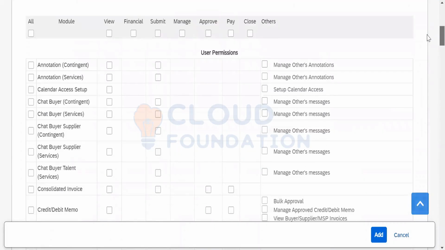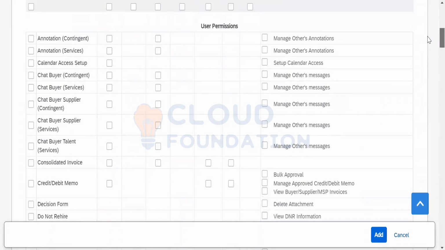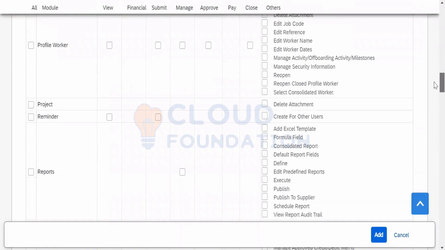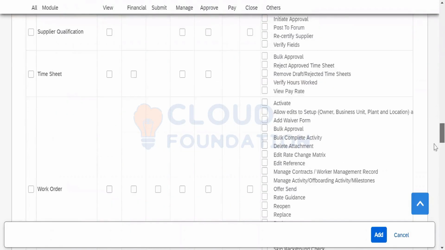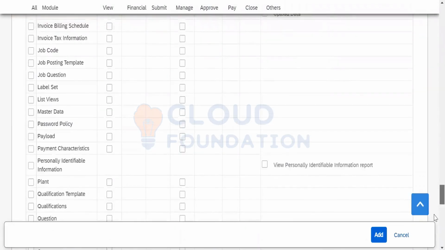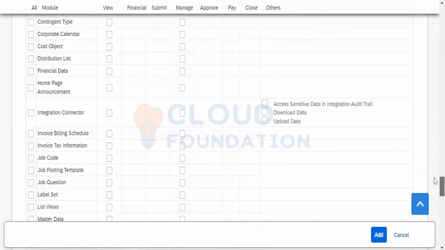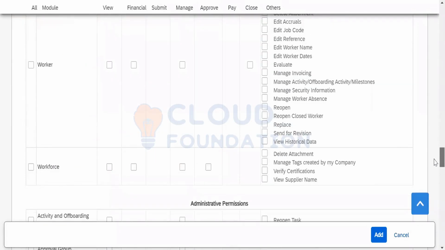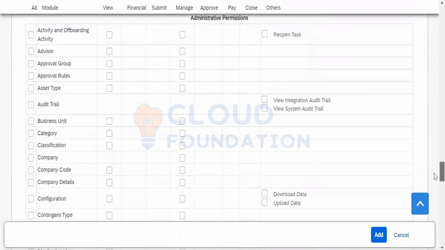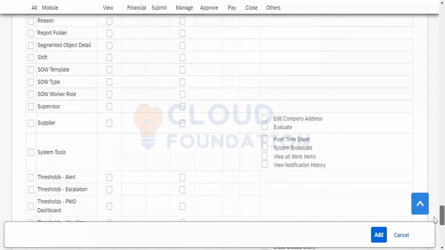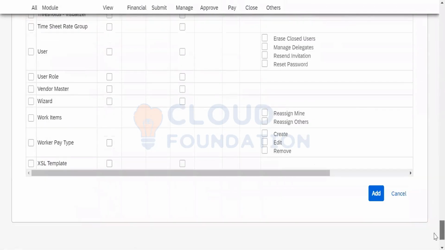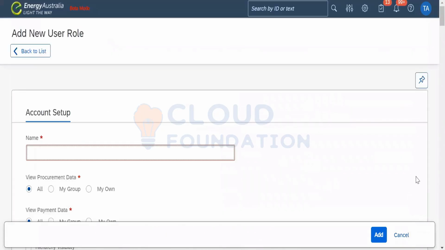With respect to the user permissions, we have got a whole lot of options, right? Administrative relations. This is how we are going to set this up as the user role.